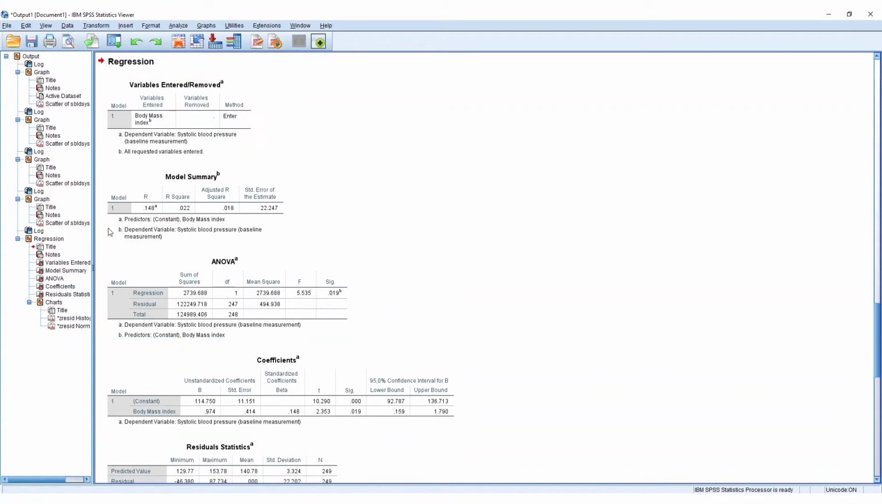So the first table that we'll see is the model summary. Now the model summary has one thing that we discussed in the previous video, which is the R². Remember, that was the proportion of variance that was explained by adding the regression line. So in this case, it's the proportion of variance explained in systolic blood pressure after including BMI in our model. And as you can see, in contrast to our previous video, this is only 2.2%,